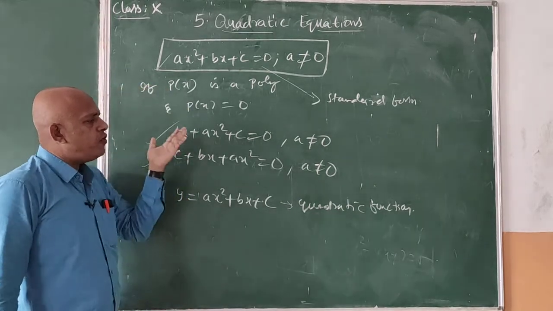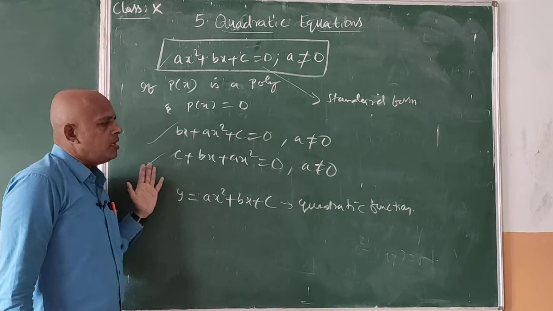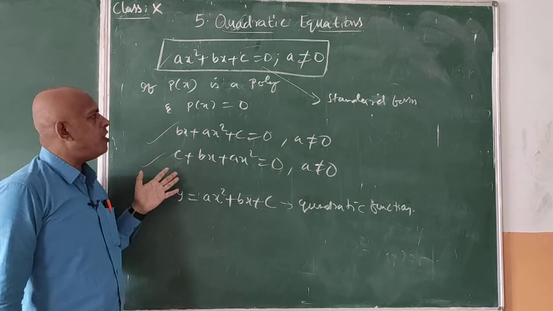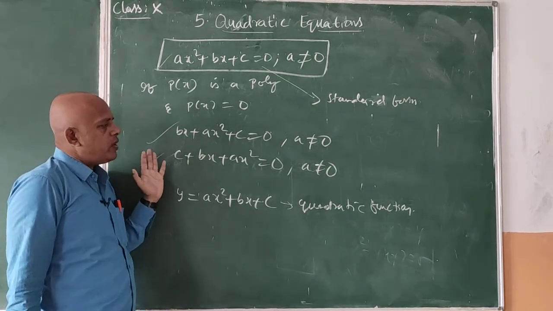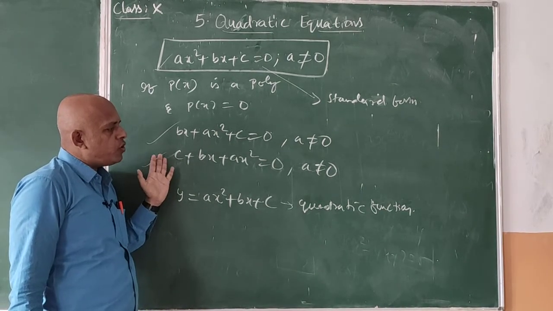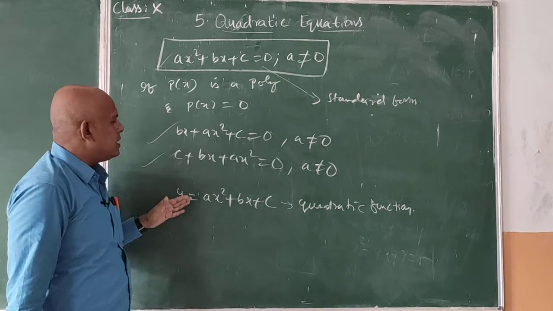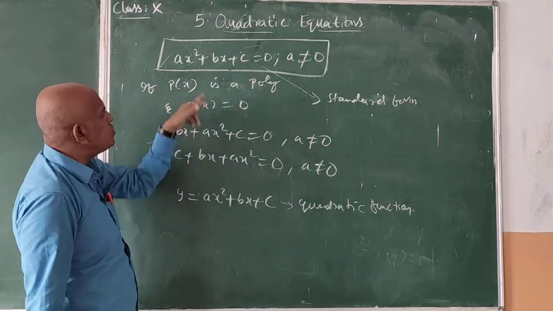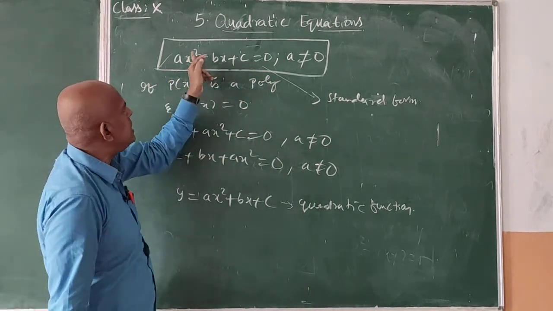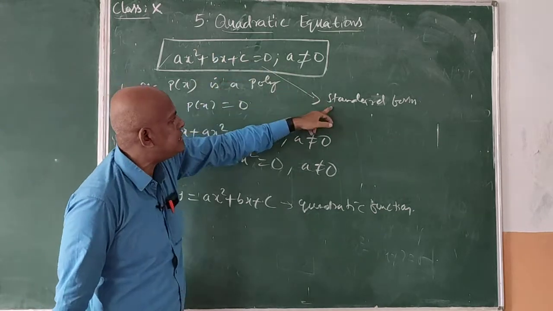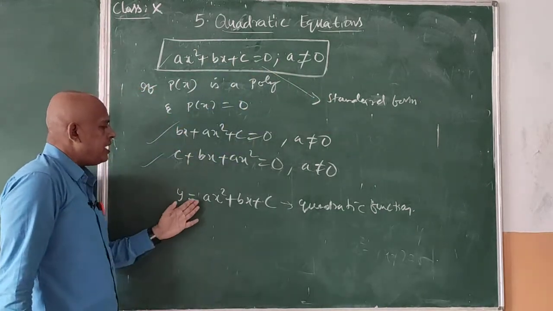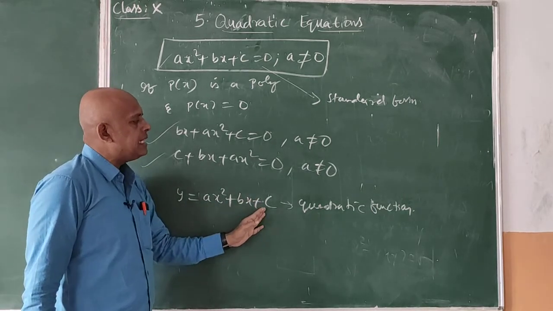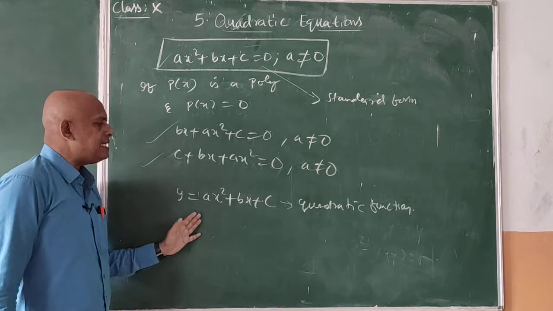Before starting, I already kept the notes in the WhatsApp. You might have already written them. If not, please go through that WhatsApp again and write the notes about this. So this is the general form of quadratic equation, and this is the standard form of quadratic equation. 1, 2, 3 are all general forms, and when the order of the degree is in descending order, it is the standard form. And when we consider ax square plus bx plus c is equal to y, or y is equal to ax square plus bx plus c, then it is a quadratic function.